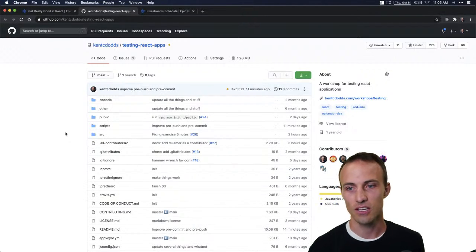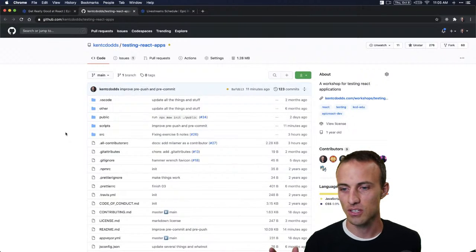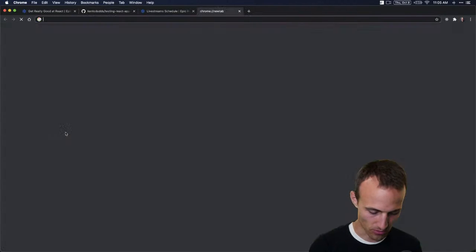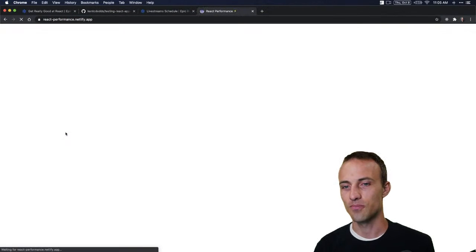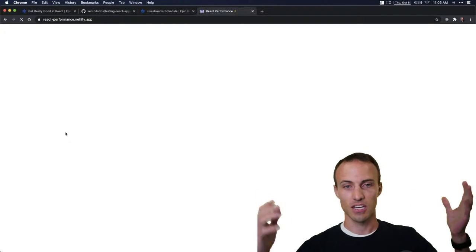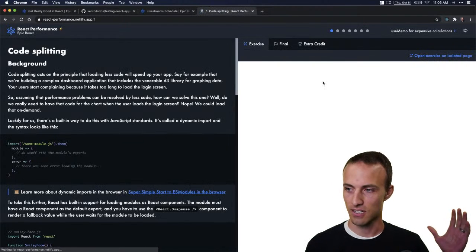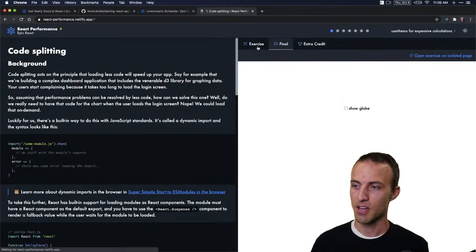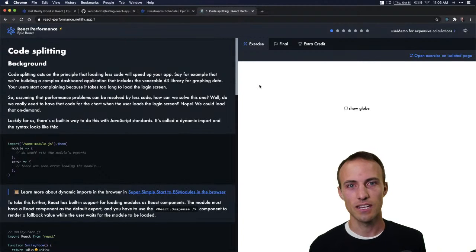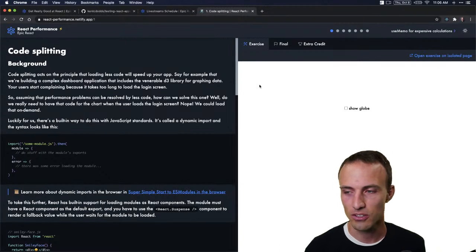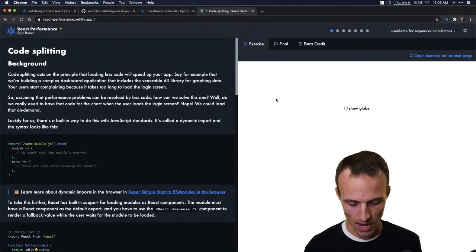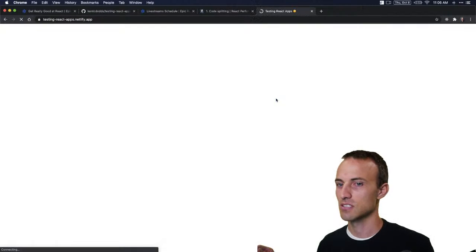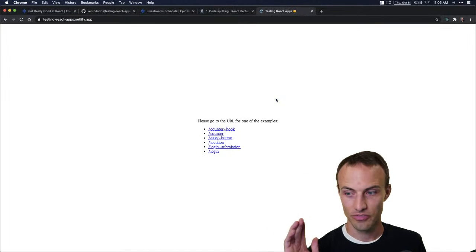This one's actually unique across all of the other workshops. This one is not an app that you interact with like the other ones. For example, React Performance. The app is like an application with the background information and the exercise and final, and you've got these tabs and all that. The testing one is you spend most of your time in the terminal, and so it didn't make sense to make a full app. And so we do have an app for it, testing React apps.netlify.app, but it's like totally basic,